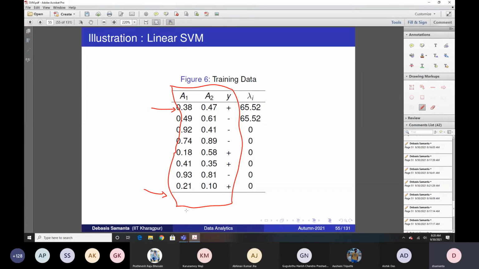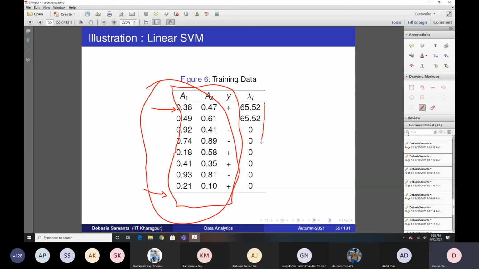Having this data, you will be able to apply the Lagrangian multiplier method, so 10 inequations will be obtained. These are the class labels, plus and minus. So 10 inequations, and then W square by 2 minus this expression is the Lagrangian, and then you can find the KKT conditions given this data. After obtaining the KKT conditions, you get a system of equations that you have to solve using any numerical method. Many libraries are there. This equation solving method will first return the values of lambda I. So take the values of lambda I.